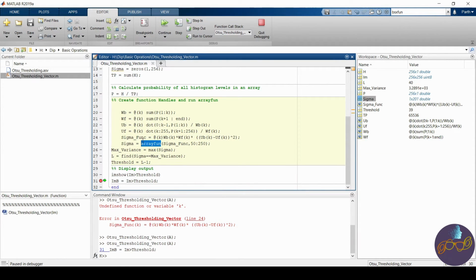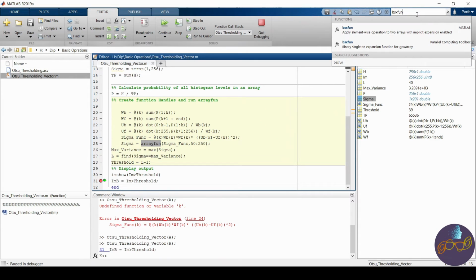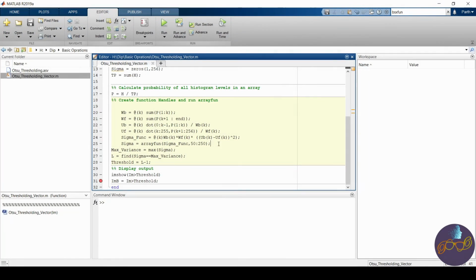This function arrayfun takes far less time than the for loop, so it is actually vectorized. MATLAB gives the functionality to vectorize your single for loop using the arrayfun command. And if you have nested for loops, a loop in a loop, then this bsxfun would work.